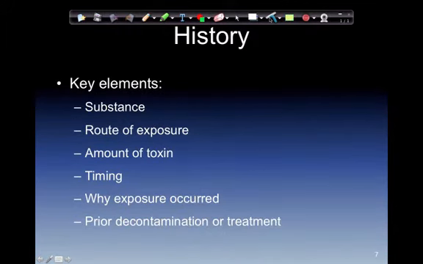History. Key elements. Always try to obtain the substance if possible. Sometimes we'll be guessing due to everyone on scene that might have applied to history. Has an altered level of consciousness, route of exposure, the amount of toxin, how long were they exposed to it, and what's the timing. And then why the actual exposure occurred. Was it an attempted suicide? Was it accidental? If there's any kind of decontamination that's required,